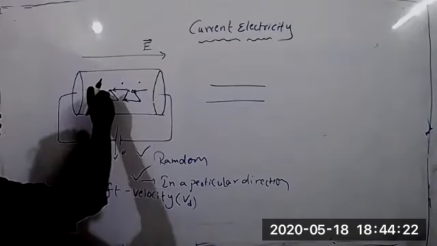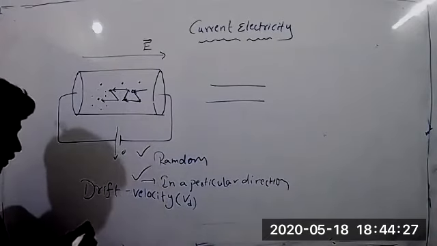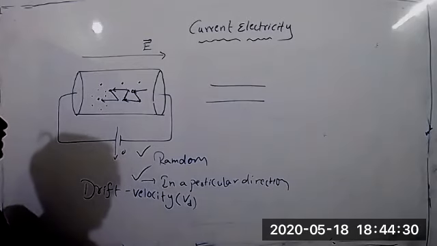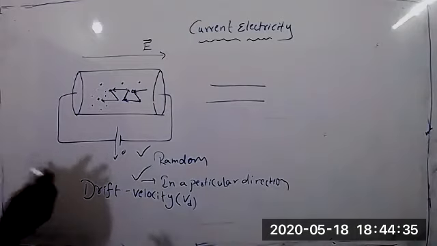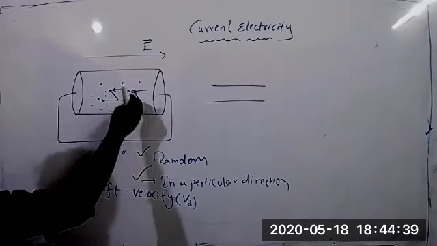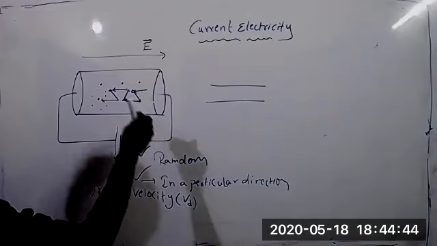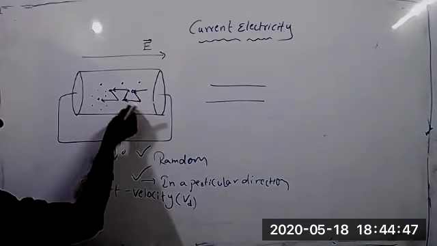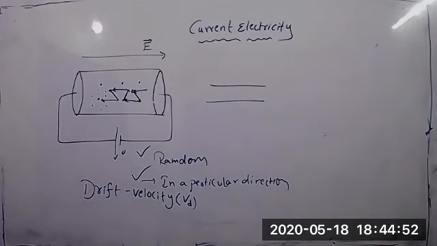Every time it will strike with one more particle, it loses energy. Again, it will strike with this, loses energy. So whatever electrons are flowing, it will be a less number of electrons. We will discuss that in the upcoming classes. Now you have to remember, when an electron strikes a particle which is at rest, it loses some energy. Again, it will drift with the minimum velocity. That minimum velocity is nothing but drift velocity. Remember this up to the drift velocity. When I'm speaking about resistors, I will tell you clearly what will happen in the resistor.